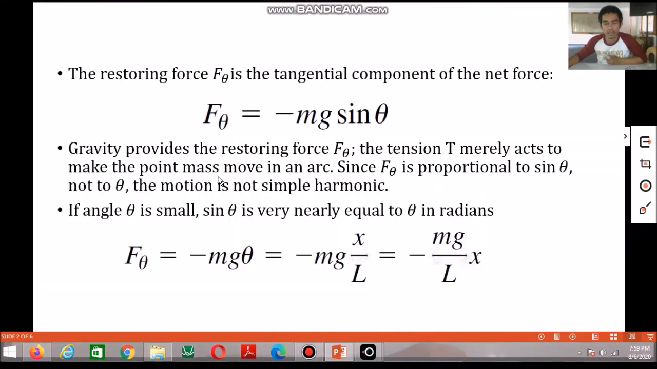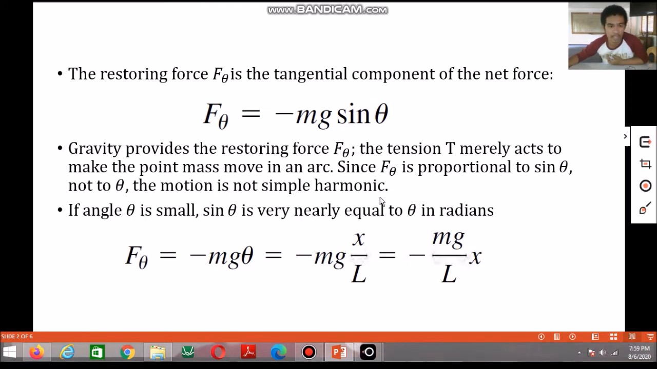Gravity provides the restoring force F theta, that's why there is mg, which is equivalent to the weight of the bob. The tension T, or the force exerted by the string on the bob, merely acts to make the point mass move in an arc. Without the string, if the string does not exert force on the bob, then the bob will go out of its arc path. Now, since F theta is proportional to sin theta and not theta, the motion is not simple harmonic